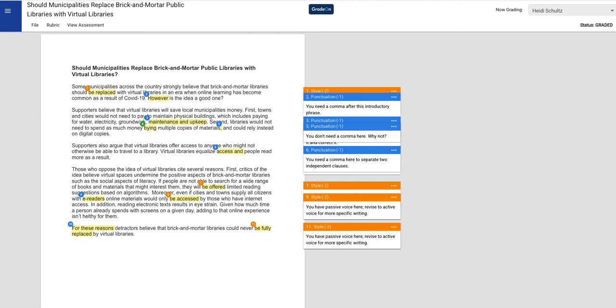This video explains how to generate and interpret the GradeOn assessment for a first assignment. Once I've finished adding my comments to a paper using GradeOn, I'm ready for GradeOn to generate its assessment. I first select the File menu at the top of the page, and then select the Grade option, or if